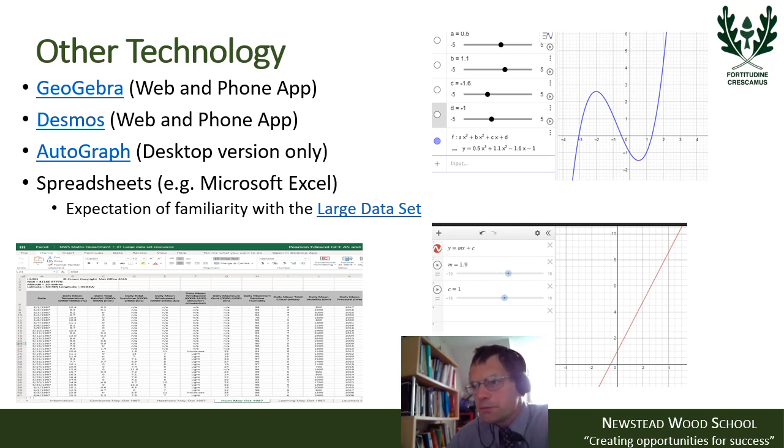The other thing you're expected to be familiar with is Excel, and part of the A-level course is using the large data set. The large data set is basically a big spreadsheet, hence the name. If you click on the link in the PowerPoint, it will take you to the large data set. What I would recommend you do prior to starting the course, or at some point during the course, is click on that link and download your own copy of that data set and have a play with it,